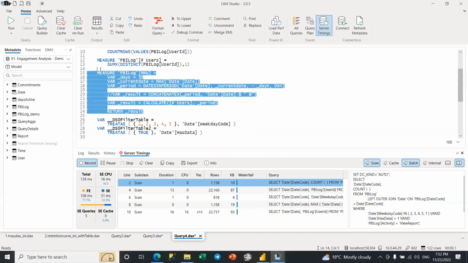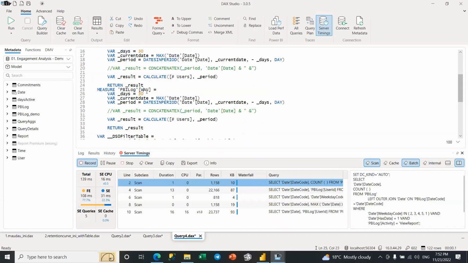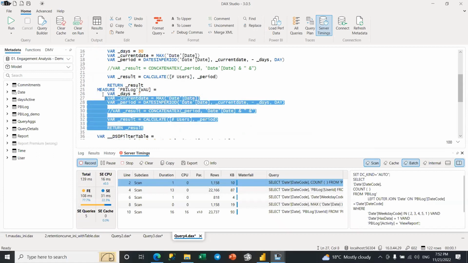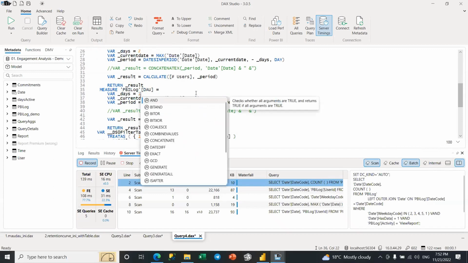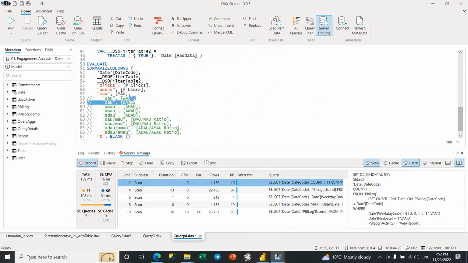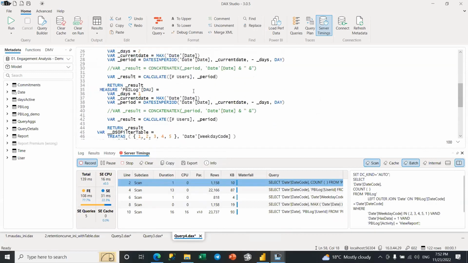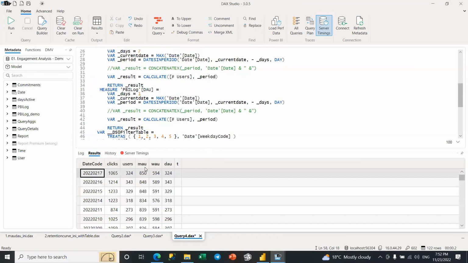So let's go back to this. We have the monthly active users now, and now we can just do the weekly active users. So instead of going the last 30 days, we just go 7 days. Not only that, we can also do the daily active users. Instead of going 7 days back, we go 1 day back. So I come here, comment this thing, and I run it, and that's it. Our monthly, weekly, and daily active users.